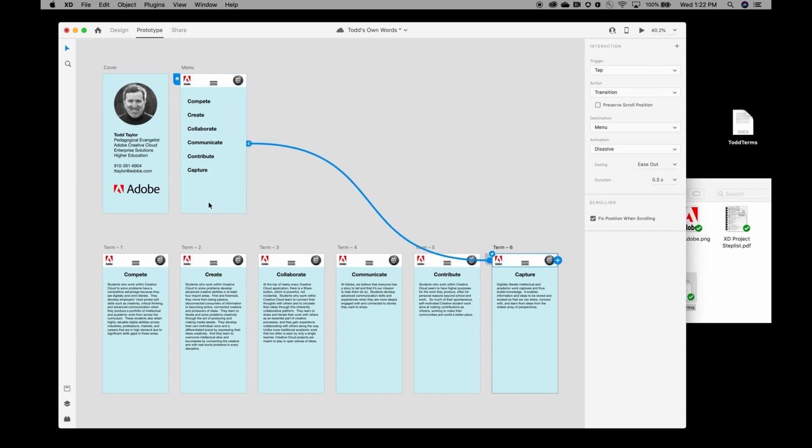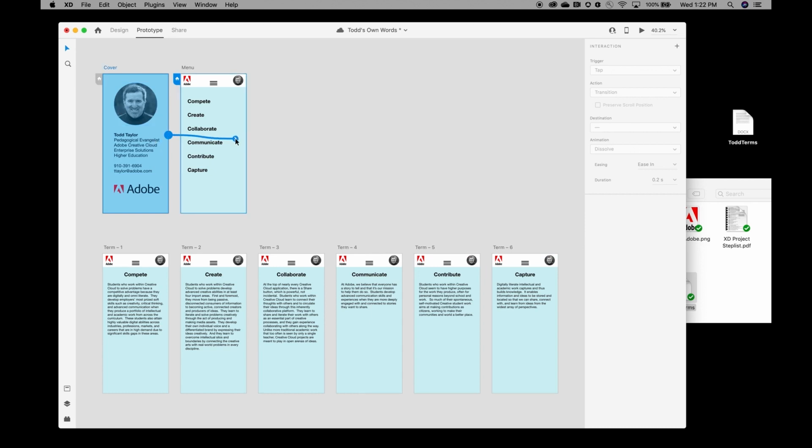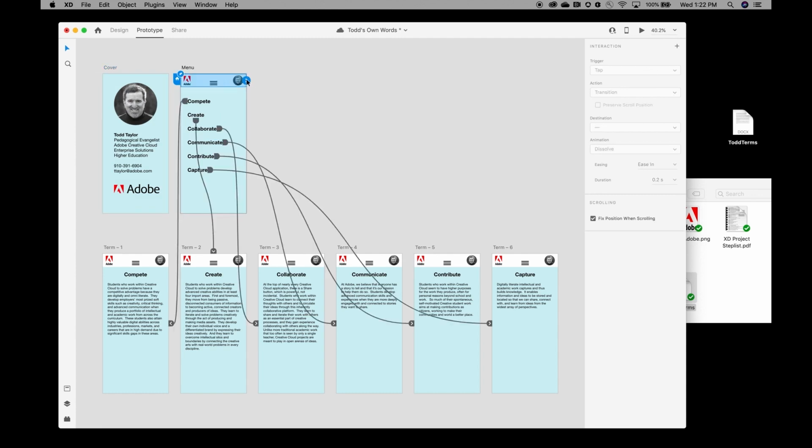And then we want, when we click on this first artboard, we want it automatically to go to the menu. And then when we click on the top of this artboard up here, we want this to go back to the information screen. And so we've programmed all of those different interactions and all those different links. And we can now preview